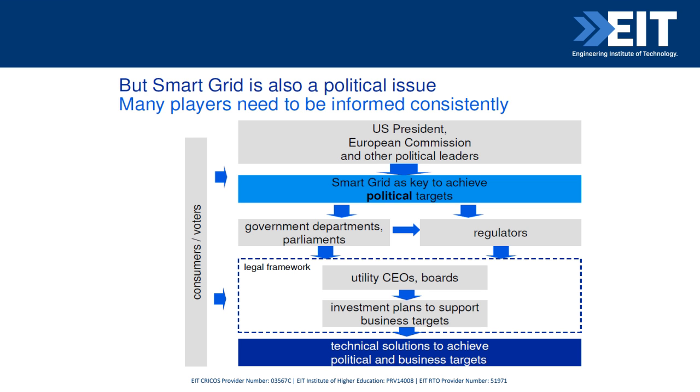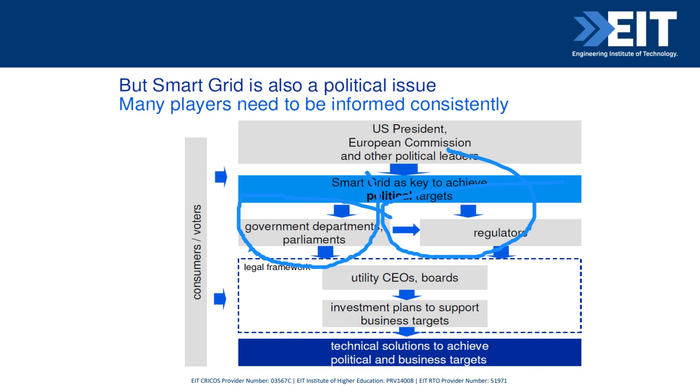I know that the government departments are talking about it. You name it, the government departments are talking about it. Parliament is talking about it. Regulators are talking about it. You find the utility CEOs, boards, investment plans, support business targets. Everyone is talking, and they all want to have a technical solution so that they can get a political and business